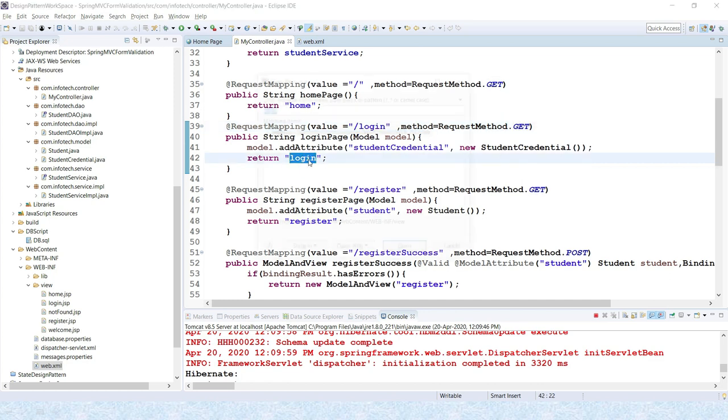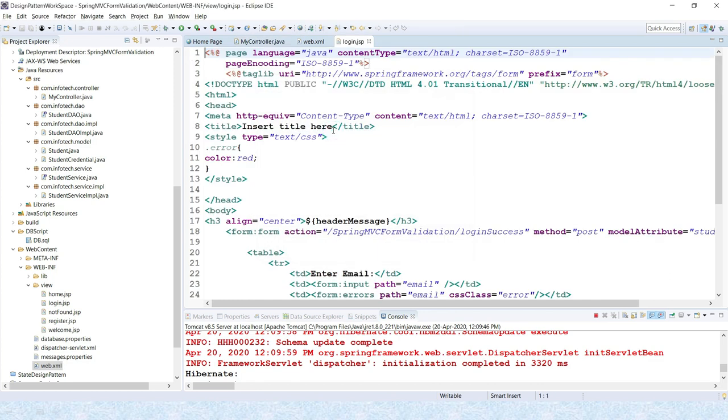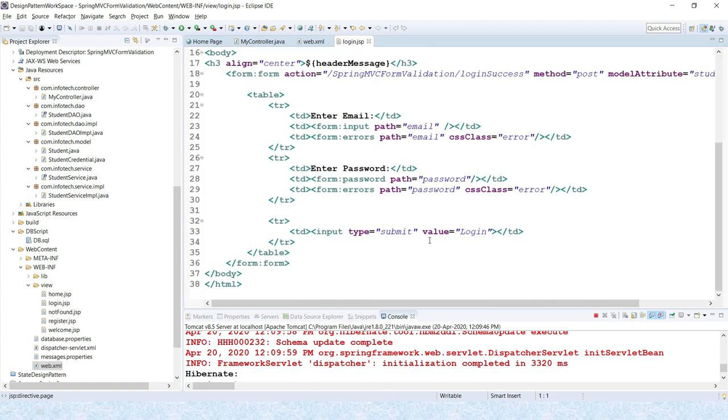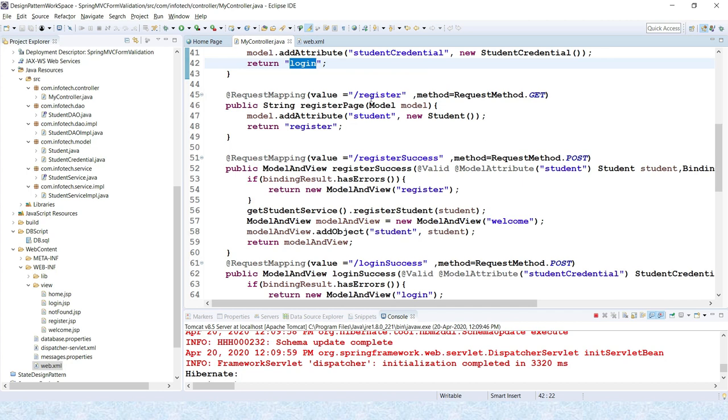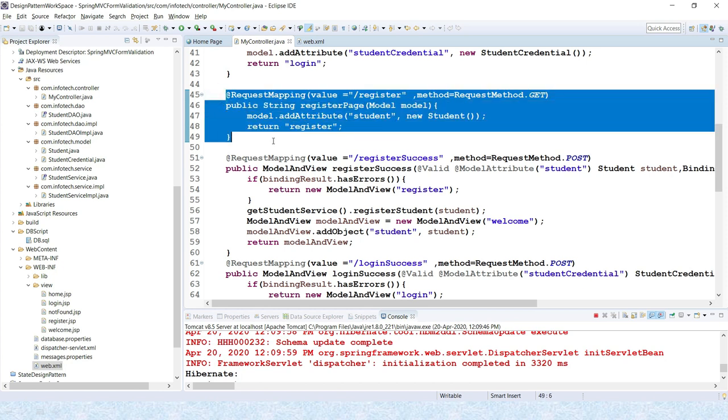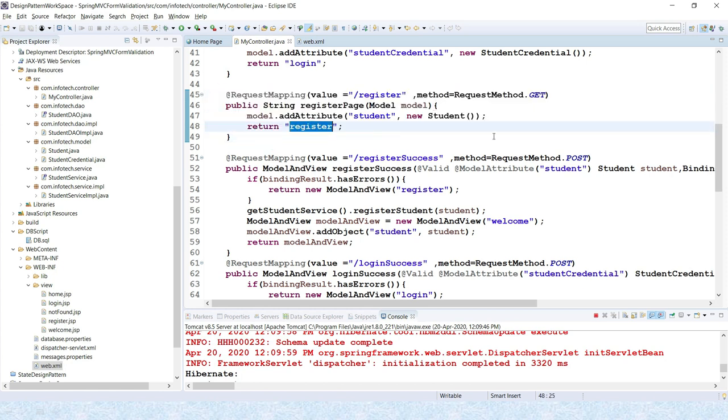So login.jsp will be displayed to the user, and if the user has already registered, the user has to enter username and password and click on the submit button. Else, if the user clicks on the register tab, then this request handler method sends register.jsp, and register.jsp gets displayed.